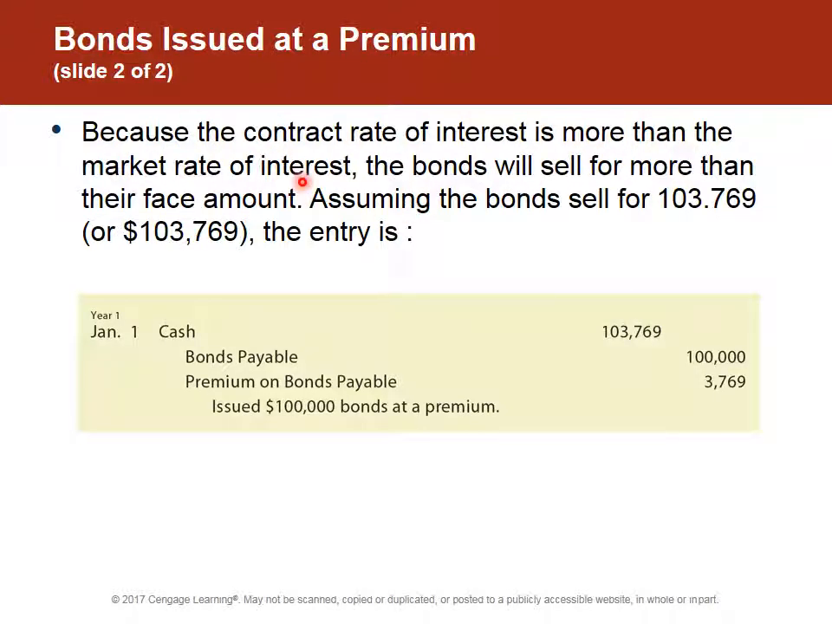Okay, because this contract rate is more, the bonds are selling at this premium. The premium in this example is $3,769. Debit cash, $103,769. Credit bonds payable, and we have an unamortized premium right now of $3,769. The carrying value of this bond is $103,769. And we will slowly whittle down that carrying value as we allocate it and apply it to reduce our interest expense each